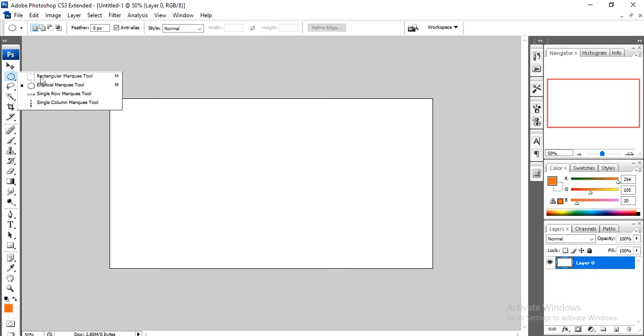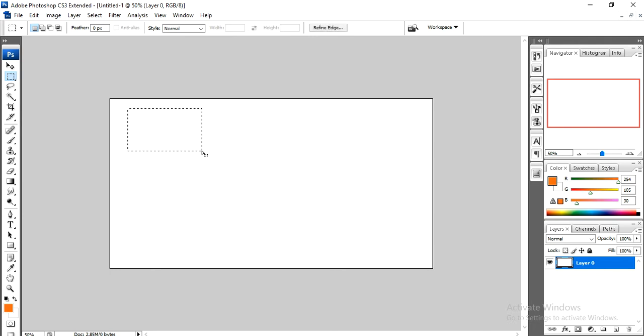Okay, just select this tool. Okay, just selected. You can see the mouse point now. Just click wherever you want to start. Okay, I'm clicking here. Don't release your hand from the mouse. Just keep dragging. So I selected till this much. Okay, so I need this rectangle. Now we selected the rectangle.